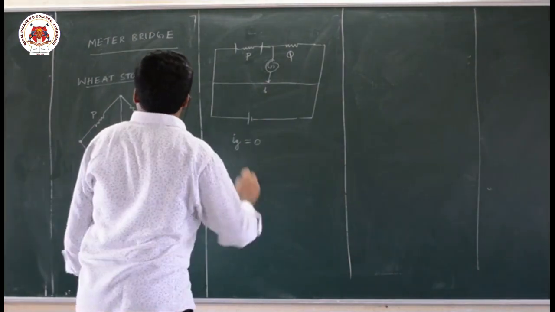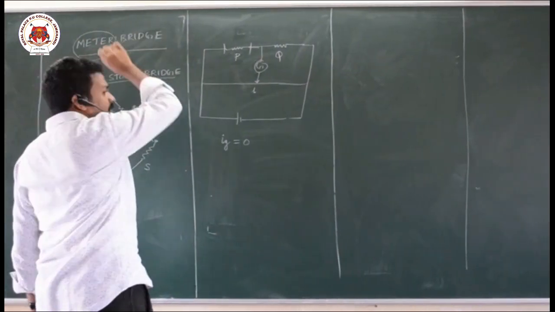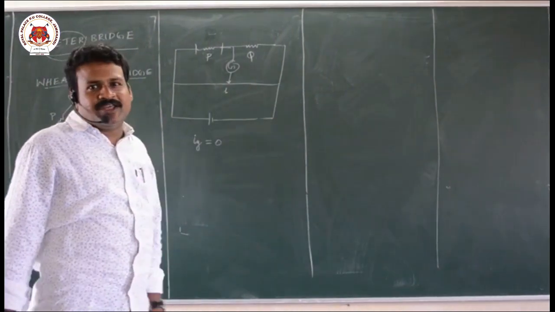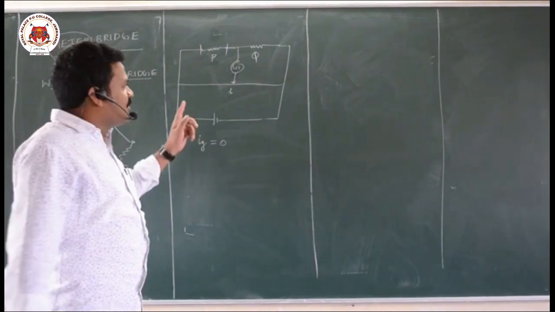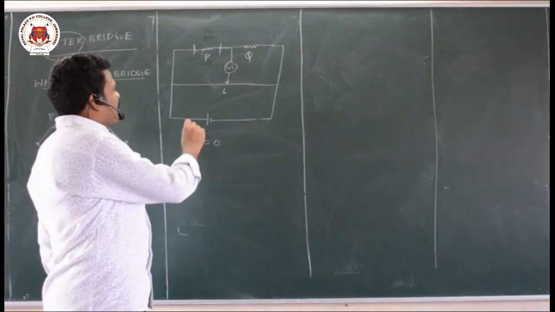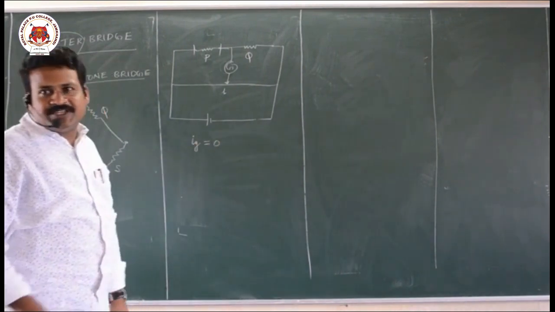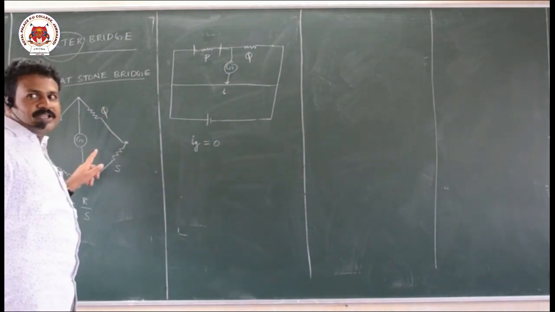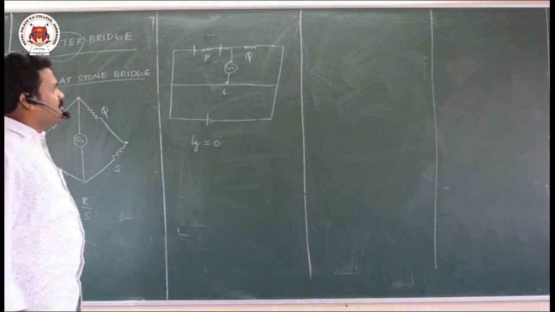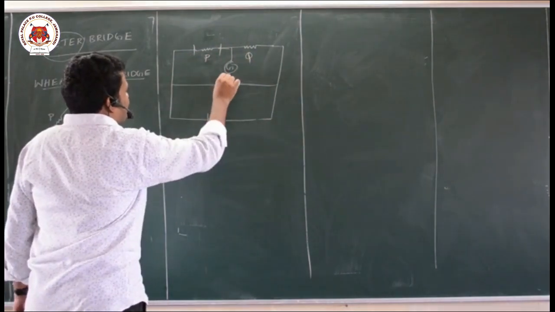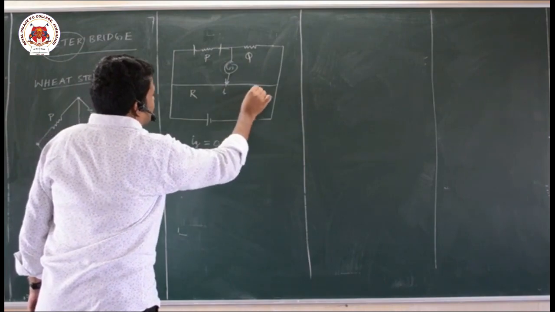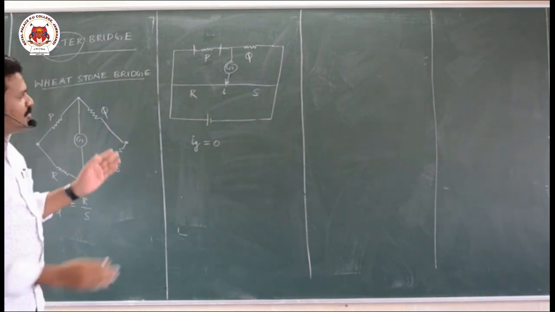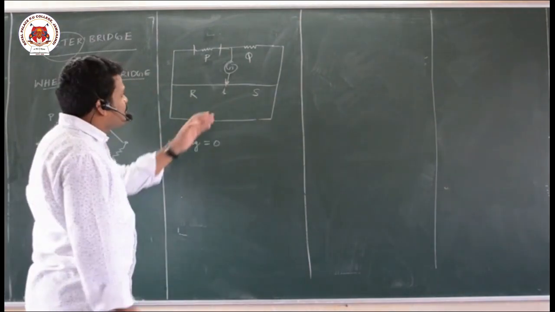Now here we have to discuss one important point: why it is called a meter bridge? Because the length of the wire we are taking is 1 meter, that's why it is called a meter bridge. Suppose at a balancing point L, the galvanometer shows 0 deflection. What is the meaning? It has reached the balanced condition of the Wheatstone bridge. This is P, this is Q. This part of the wire should be R, this part S, because the wire also has resistance, so I am cutting it into two parts, R and S.